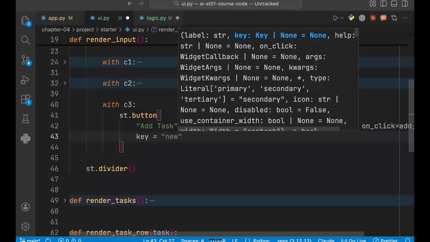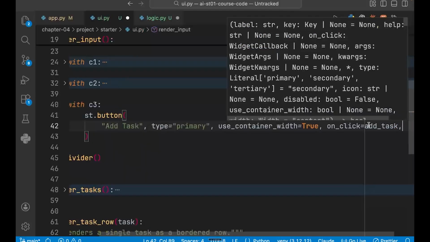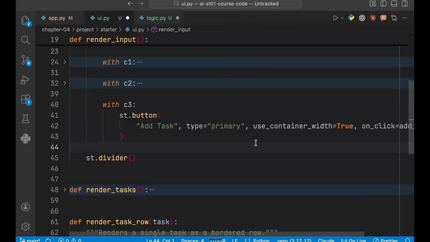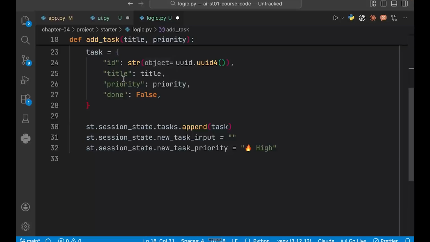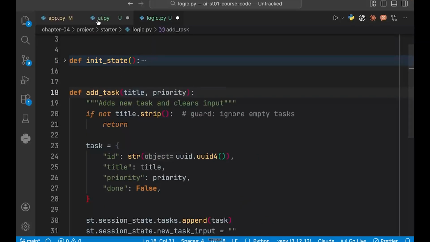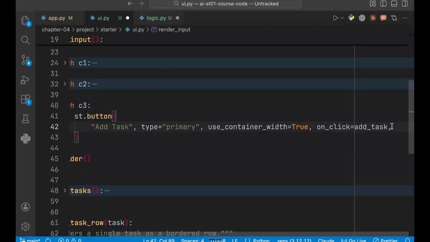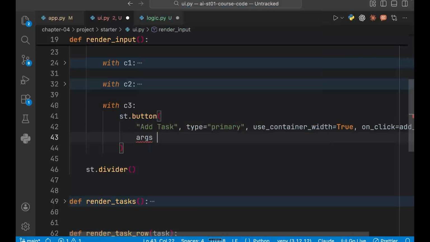There will be no key in fact. There will be no key, but there will be some arguments. When I am calling add task, if you look at logic, I have to pass it title and priority. And for title and priority, I'll use this args. Args is equal to my tuple